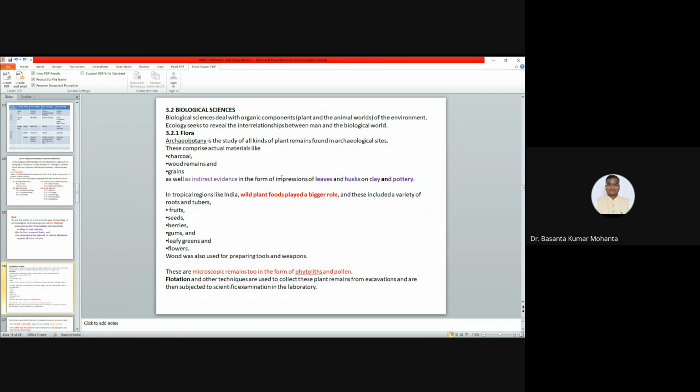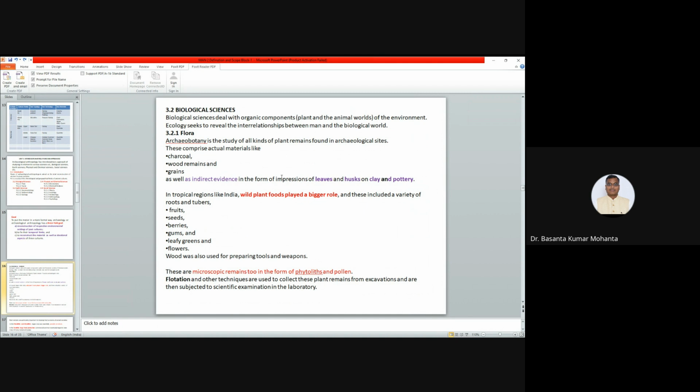As we discussed earlier, during the prehistoric time, the dependency of human beings was very close to their local environment. They were basically hunter gatherers. They were depending on fishing, and for hunting or gathering, they had to depend on their local environment. Even when they were hunting animals and birds, they were using different kinds of plant products for making weapons. Take an example.